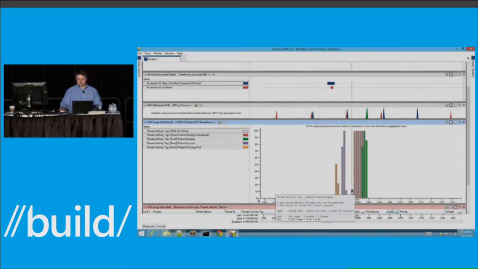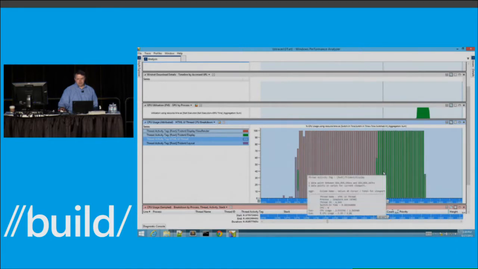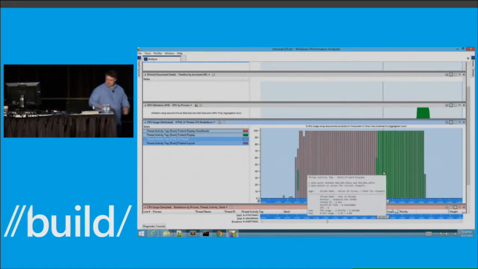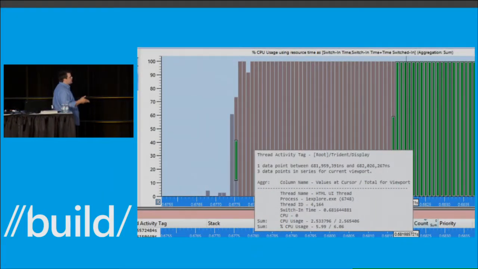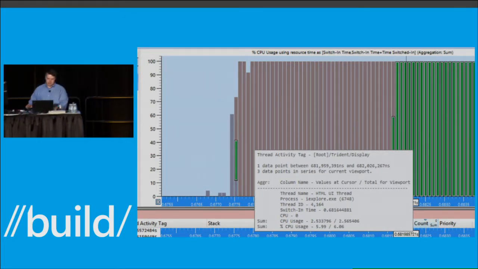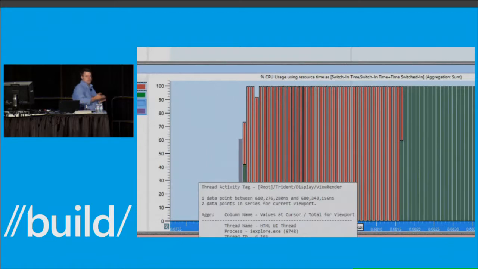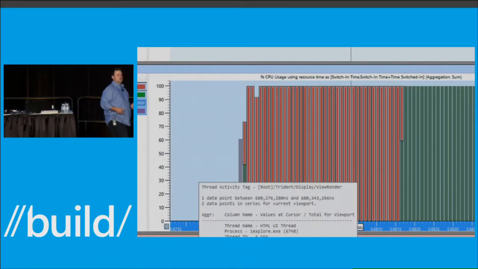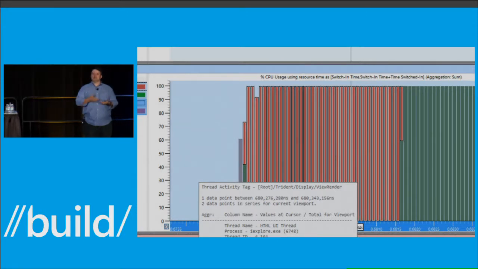So you notice these two colors here, both green and red, and these are actually part of the same process. If I zoom in just a little bit so you can see better, when I mouse over the green, you'll see a little section here where it says root/trident/display. That's basically the root part of the display in what we're tracking. And if I mouse over the red and zoom in here, you'll see it's root/trident/display/view/render. They're part of the same process. You can think of the red as sort of a sub-process inside of that. And when I talk about display, I'm talking about those last two pieces of the pipeline, and that's painting and